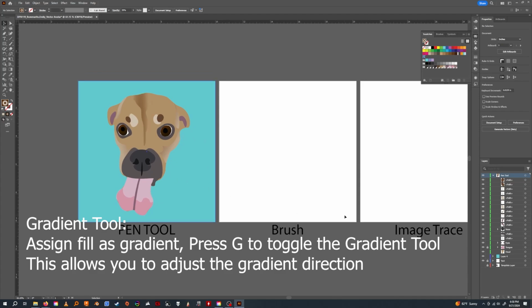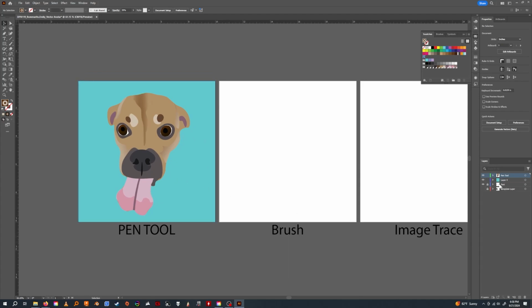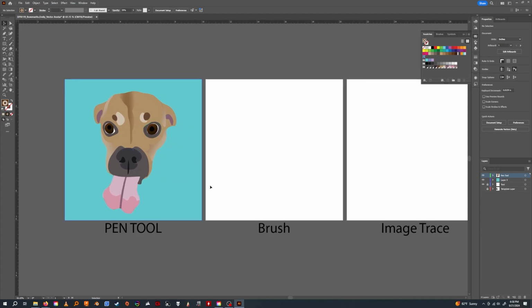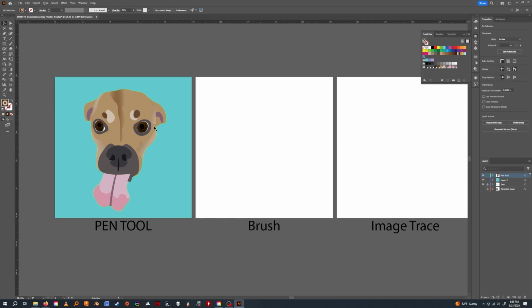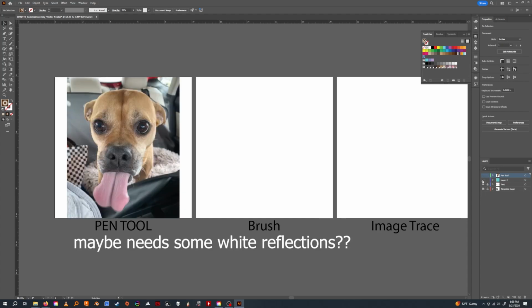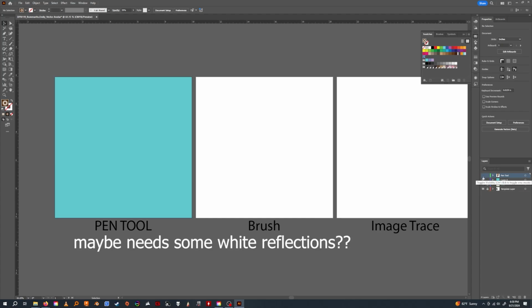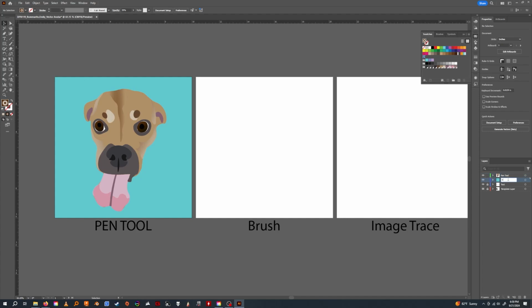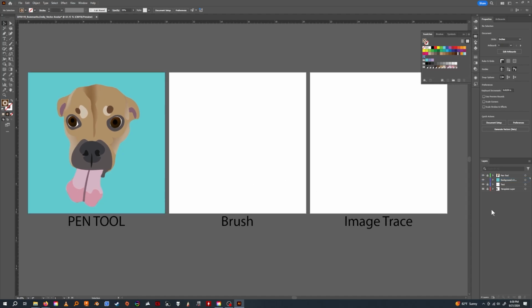I would probably spend a little bit more time just sort of stylizing to make sure she looked a little bit cuter. Something about the eyes here, I feel like I'm not doing them justice, but let's move on. So I'm gonna lock that layer, and I'm gonna make sure I have